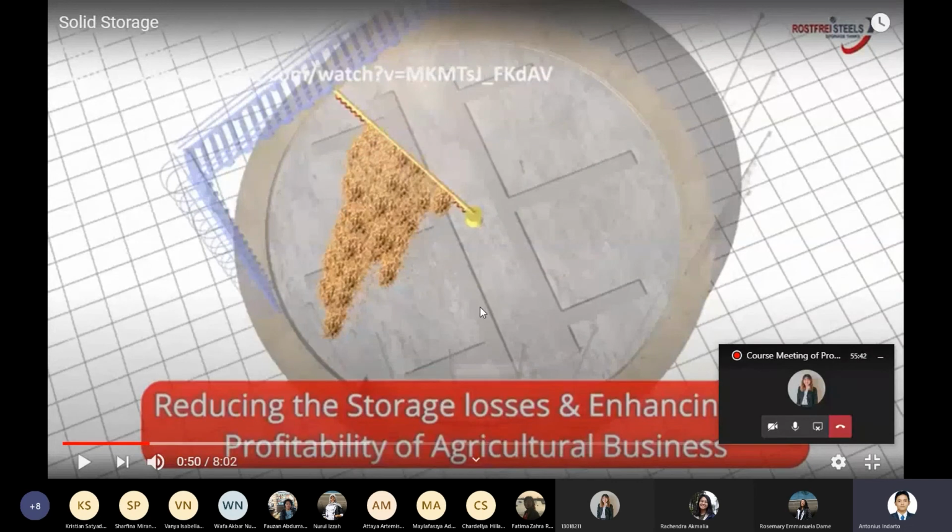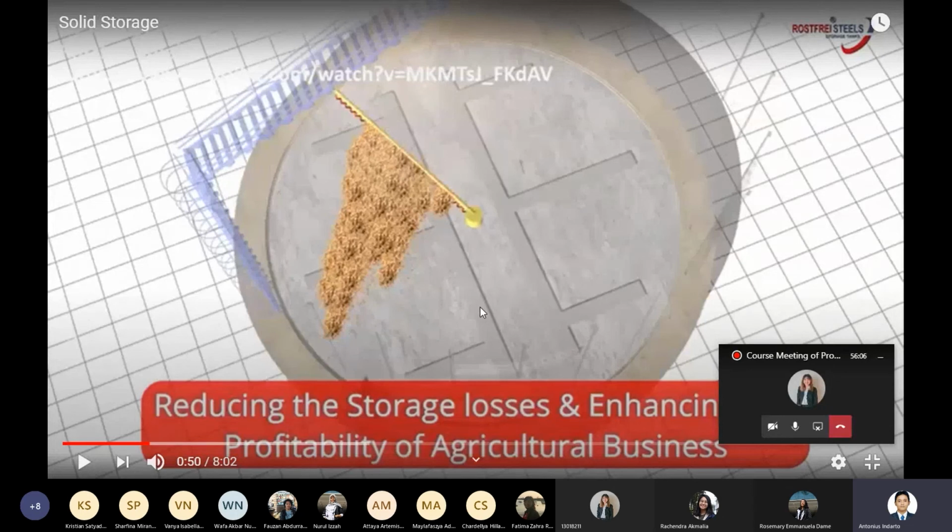If we store the solid particles for a very long time, sometimes the cohesion interaction is very strong, and then the solid particles look like stone, big solid particles, and it is very difficult to segregate.